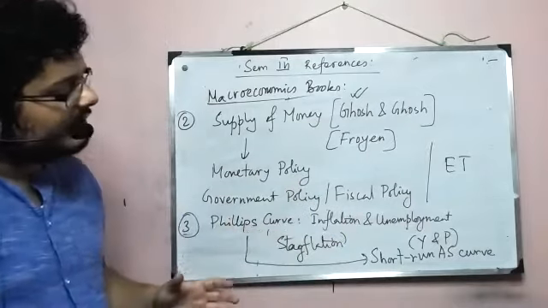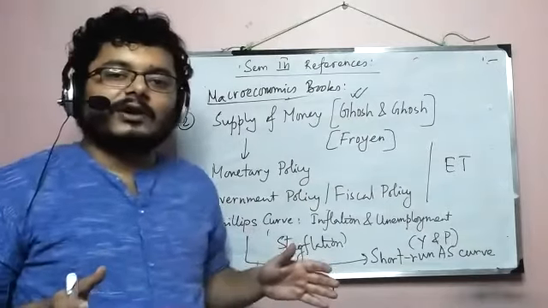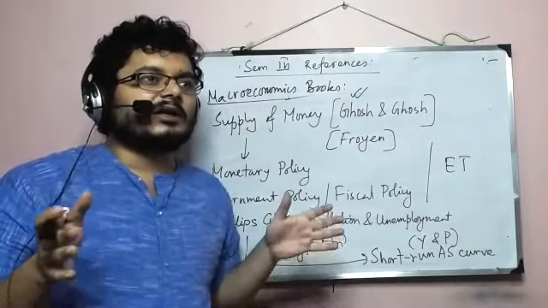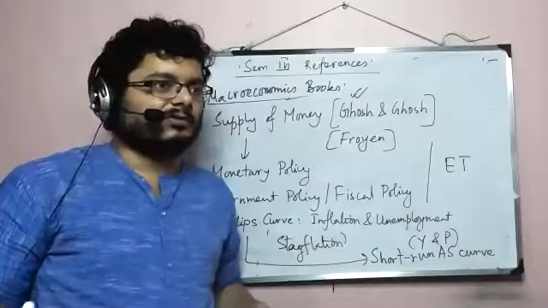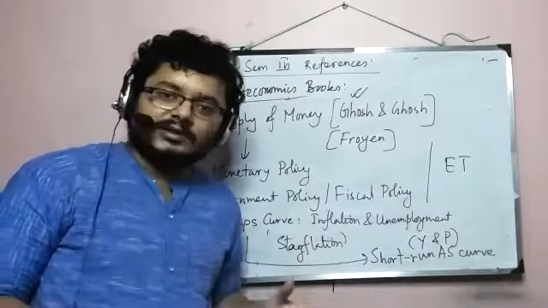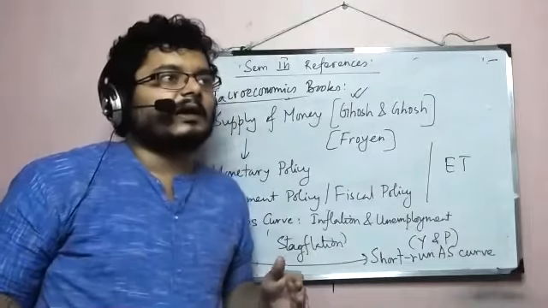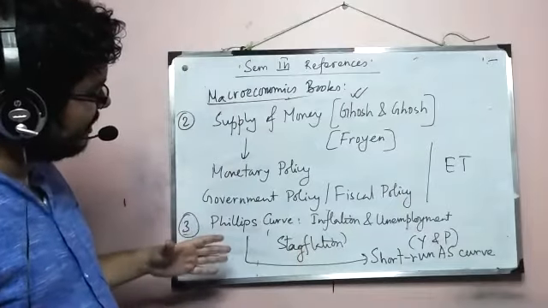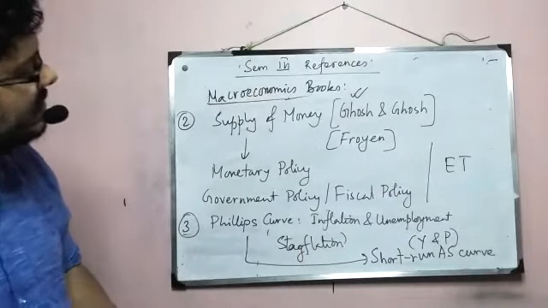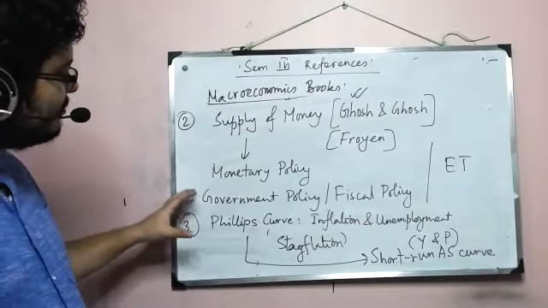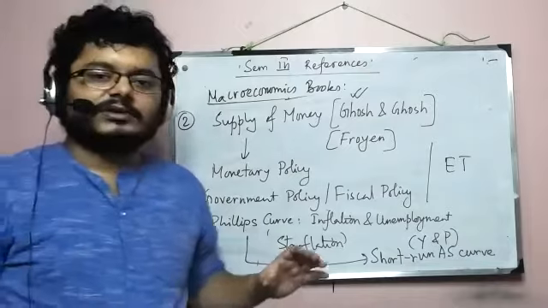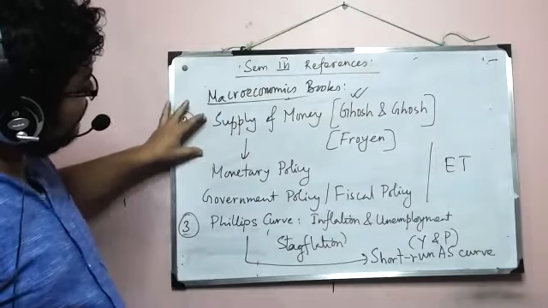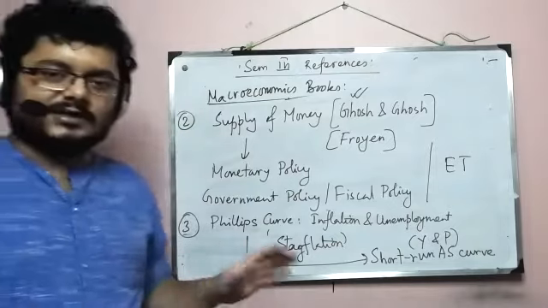Phillips curve has always taken center stage of policy effectiveness, because in some way or other, what the government tries to do is control both of them. And by theory, it says that you cannot control both of them. Okay, it also says a lot of things that we'll study. So this is how this topic is quite valuable. Also, if I talk about numerical problems, so to say, the numerical problems that we face in supply of money are pretty easy, to be honest.